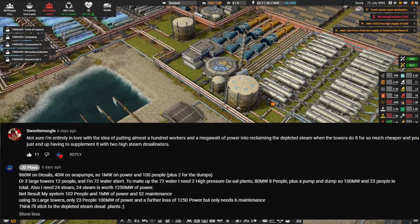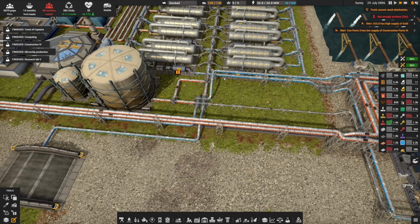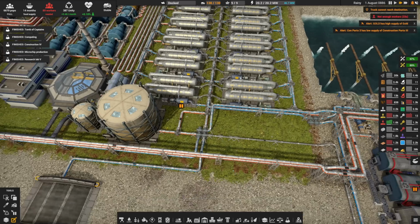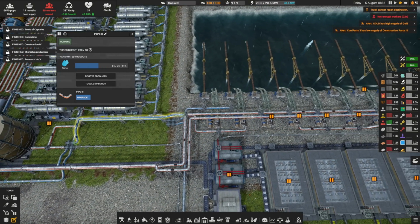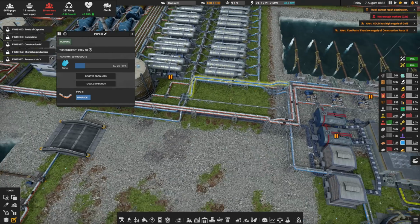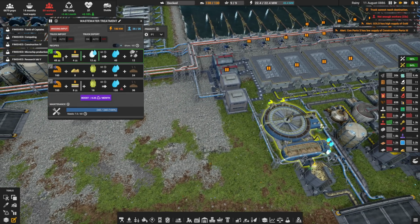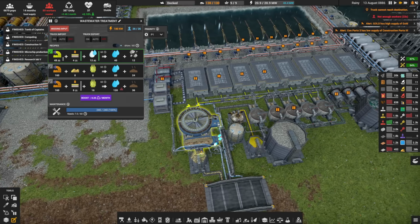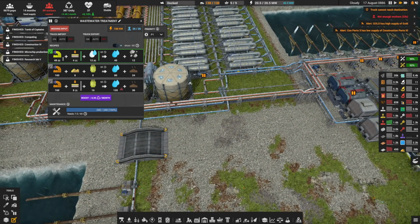Okay, speaking of free water, we have the primary nuclear power plant, which has a couple of ways it makes water. One, it makes 72 water every cycle, which currently I'm doing the logical thing and dumping in the sea. I know, it's less than ideal. On top of that, tied into the same system is the wastewater treatment plant for making our uranium fuel. That's also tied into the exact same...